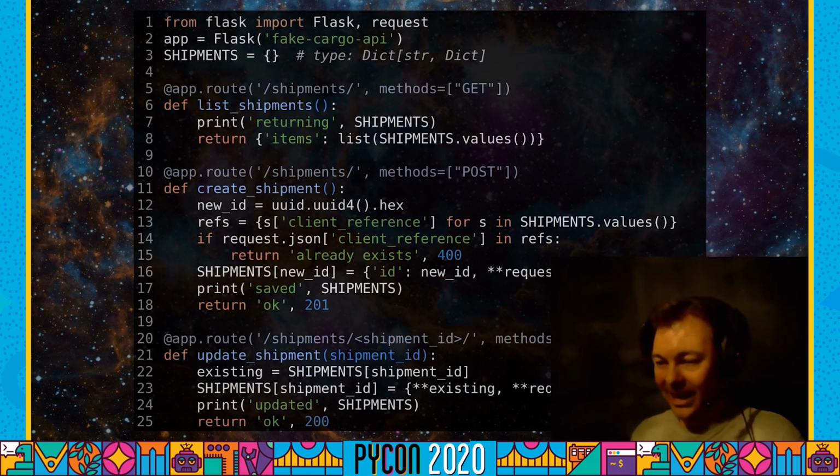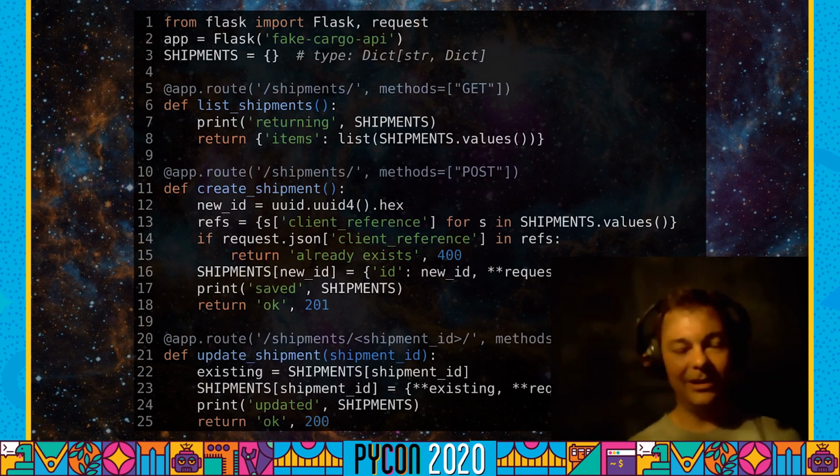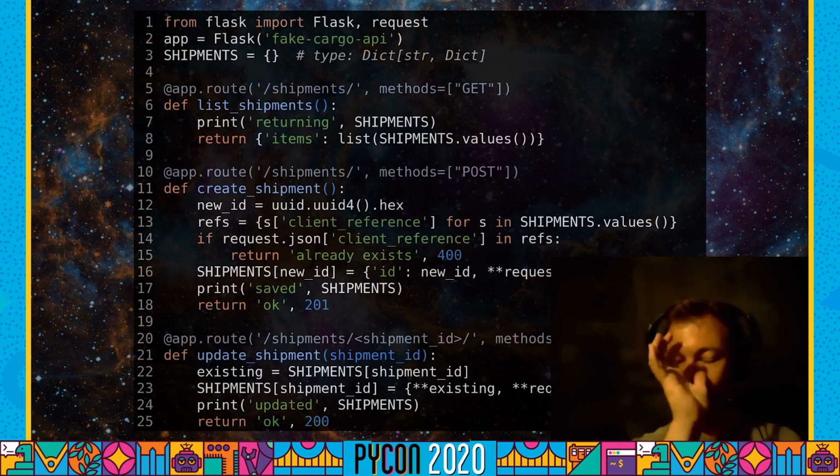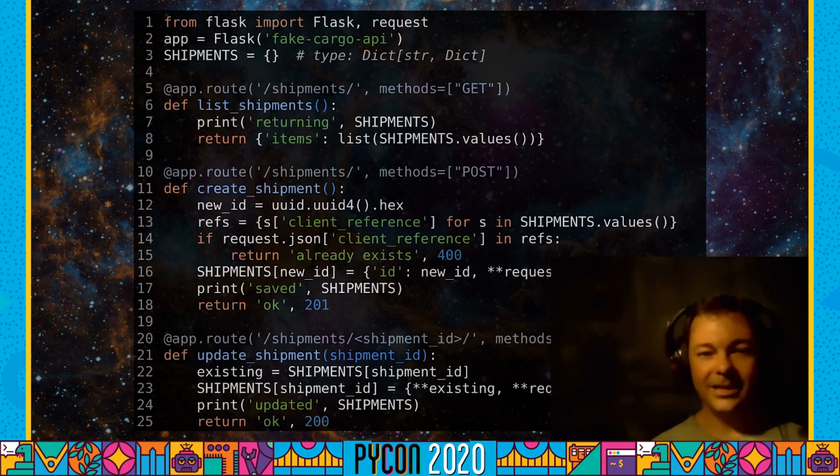Rather than depending on the actual third party, what if I just spin up a little Docker container along with the rest of my containers, or however it is you're spinning up your test environments, and it's just going to pretend to be that third party API. It's going to behave just like it does. And it's actually remarkably simple. I've written a few of these in my time.